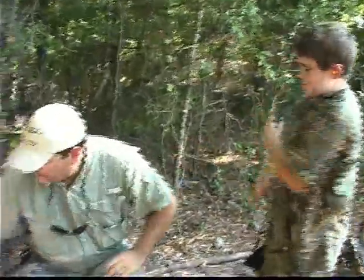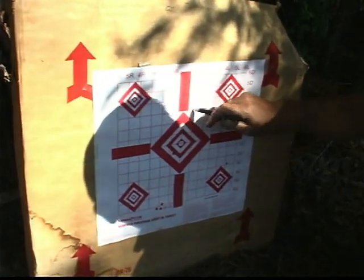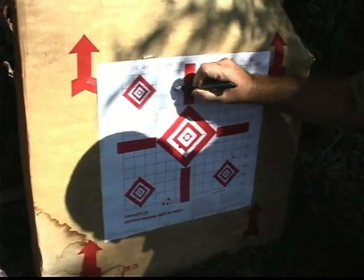Right behind the shoulder, that's right. Let me draw you a little target right here. There's his head, there's his front leg, and his body. I ain't real good at stick figure. I can see that. But you want to shoot that deer right there, just barely behind the front shoulder,